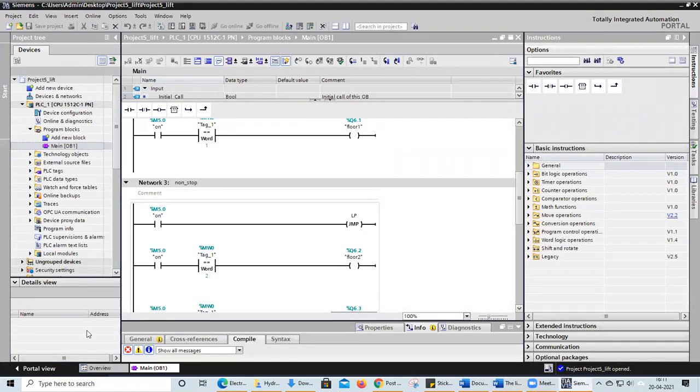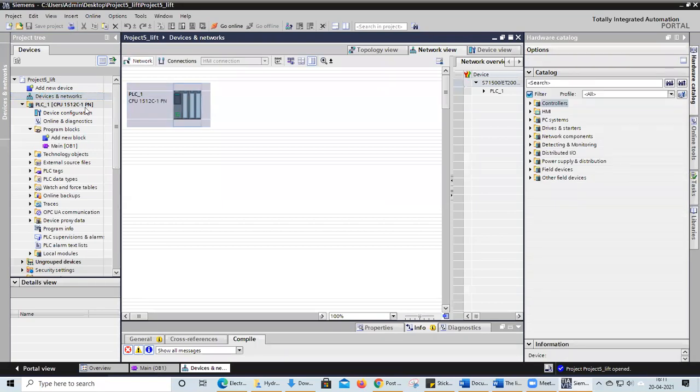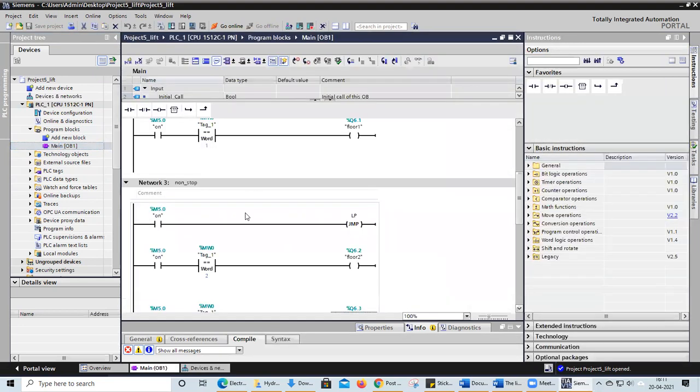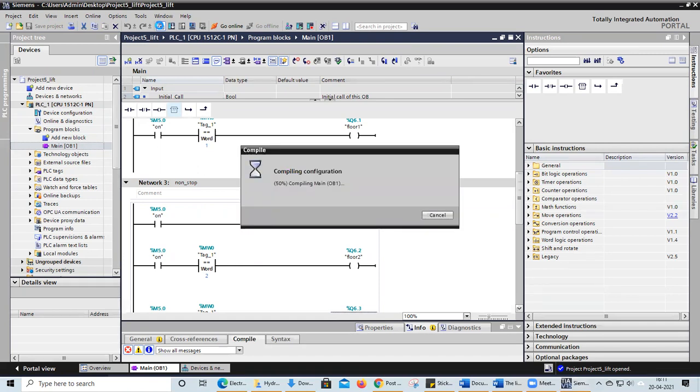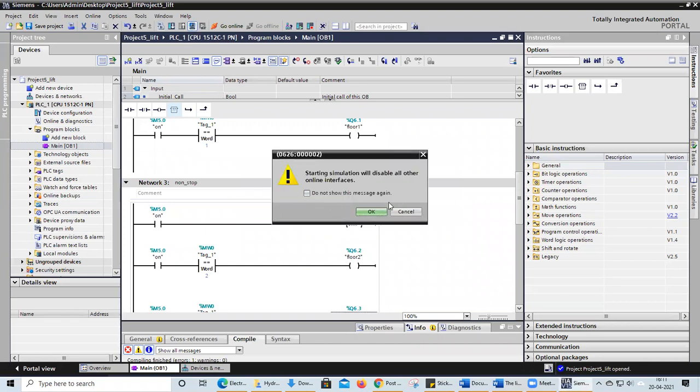In devices and network, I need to verify whether the device is there or not. If the device is there, you can directly go into the program block. Now I'll compile my program. No compiling is happening; previously it was not compiled. Now I will use start simulation.